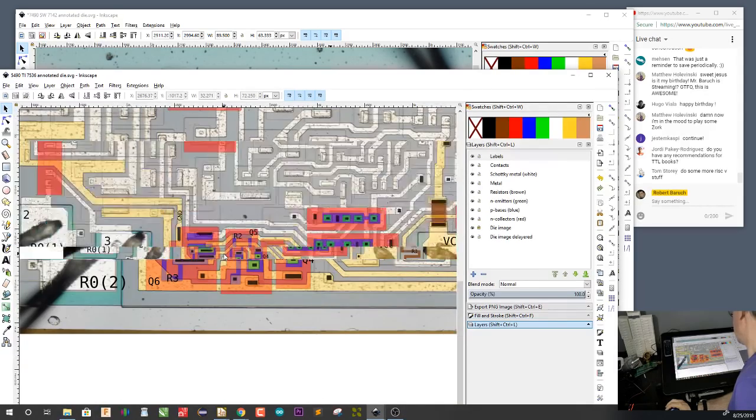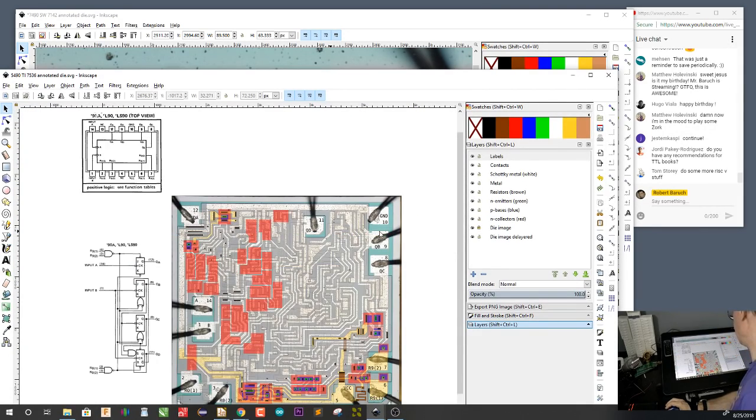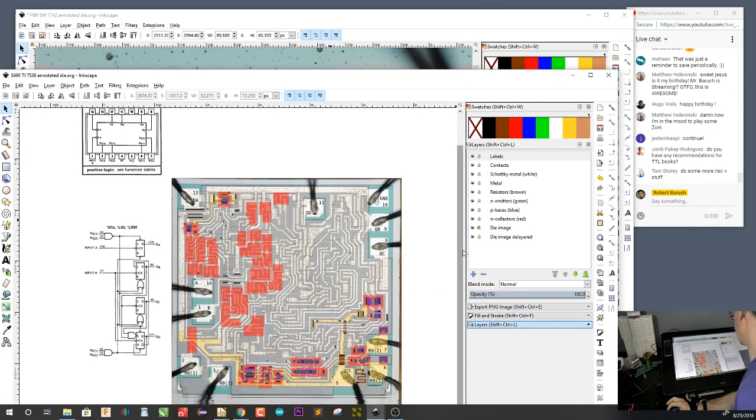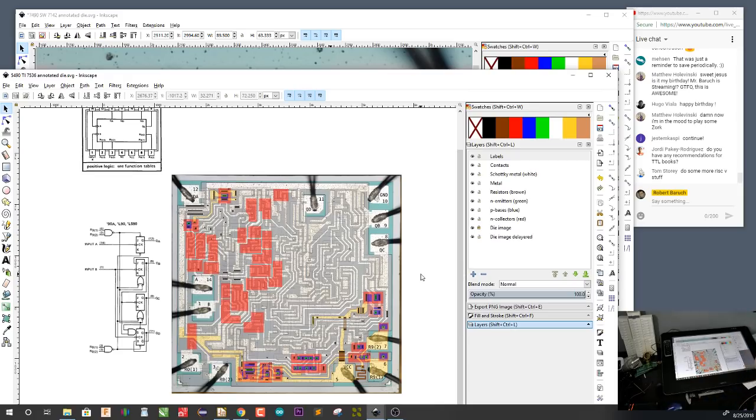Well, I guess that's about it. Let's zoom out and see what we've done. So that's kind of cool. I'm probably going to spend the rest of the weekend working on this just so that I can finish it up. When it is finished, you will see it on